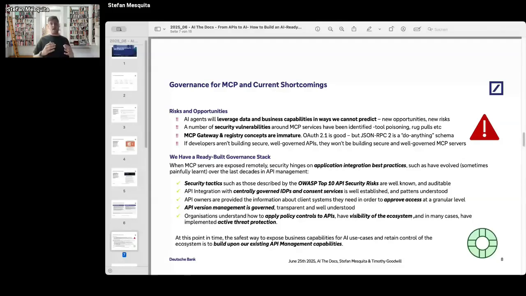Also, security vulnerabilities have been identified with MCP. One of the big things that you read on the internet today is that MCP is just not as secure. Now they have just announced, I think, a couple of weeks ago,